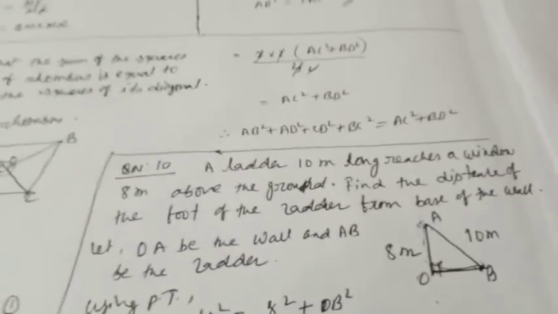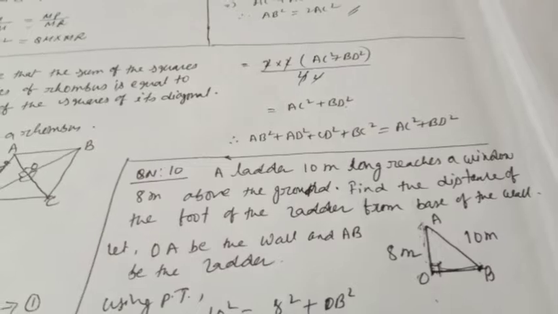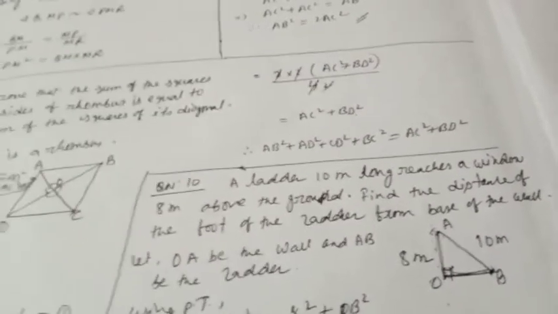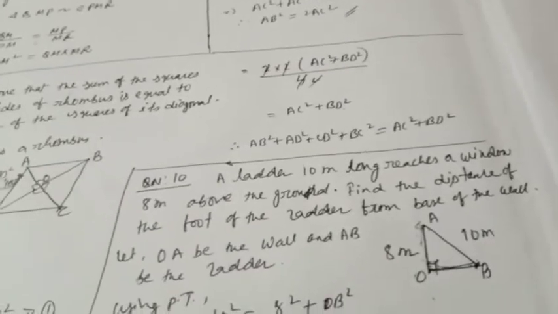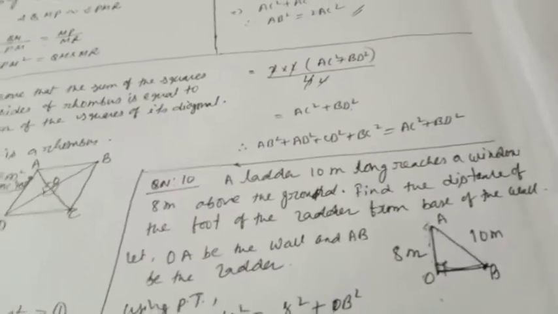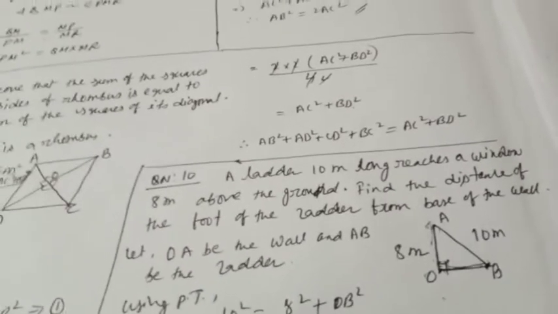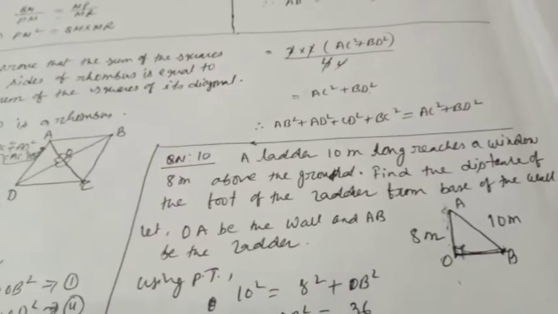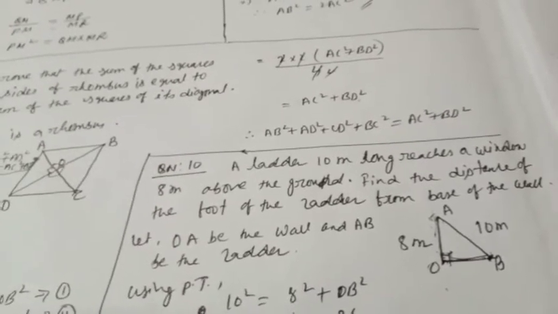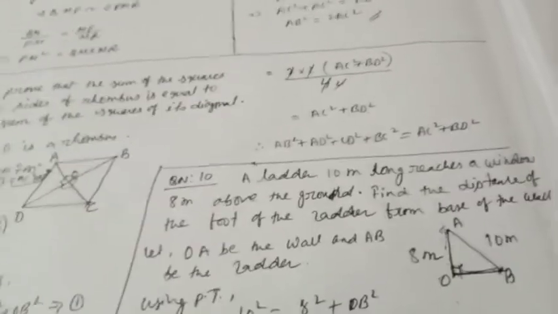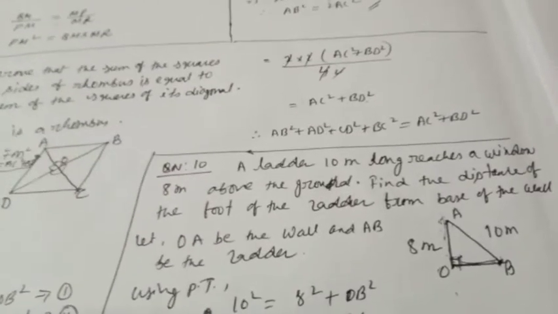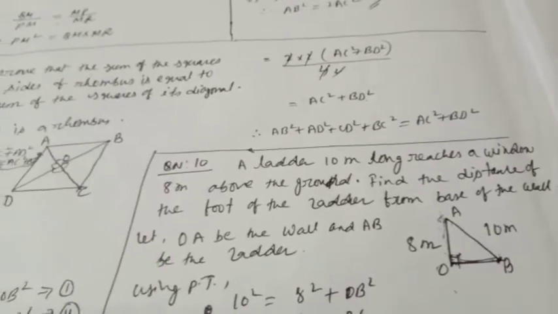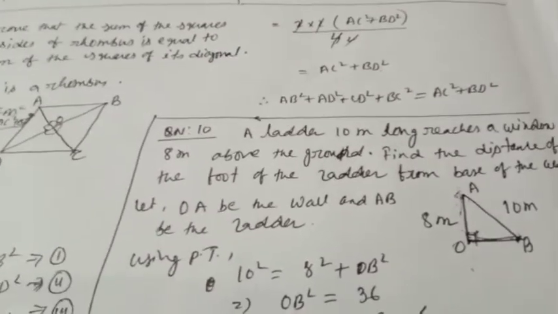See, this chapter contains more than 16 questions. I have told you already that you have to use Pythagoras theorem only. But how to use it? I have already given some examples by doing these solutions. So try to solve all the questions. If you get some problem, I am here, you can contact me always. But try yourself.